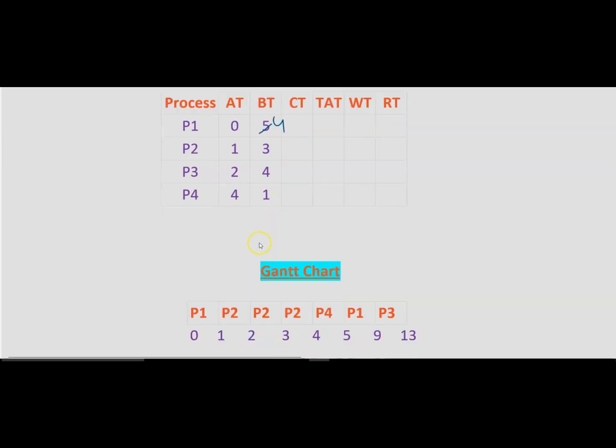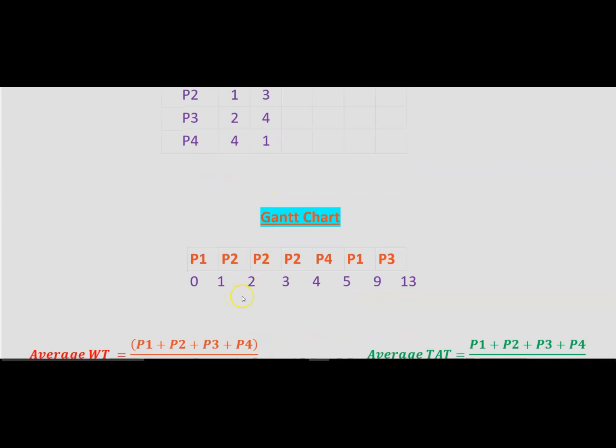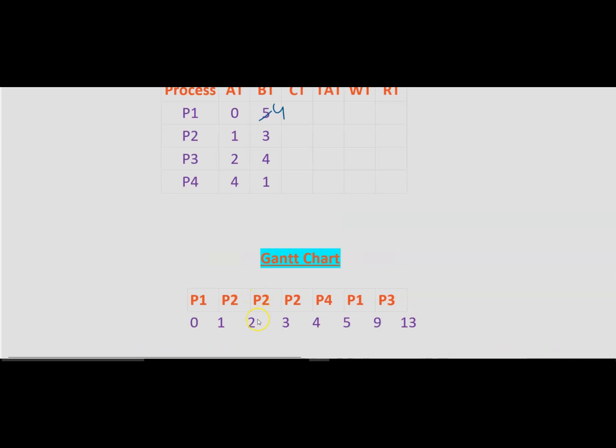Now we can see that P2 is the process having the least burst time as compared to P1. It means we will be allocating the CPU to P2 process. So now I'm going to label it in the Gantt chart that CPU has been allocated to P2 process. Again, one pulse only we will move, from 1 to 2. I am allocating the CPU to P2 process. So now you can again see when I am reaching pulse 2, P3 also got activated. With that, I am labeling it that one pulse I have executed with the P2 process.